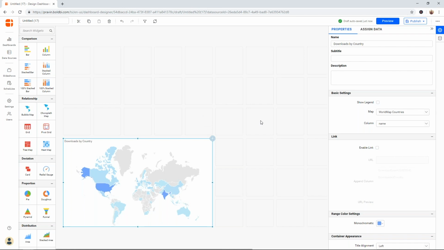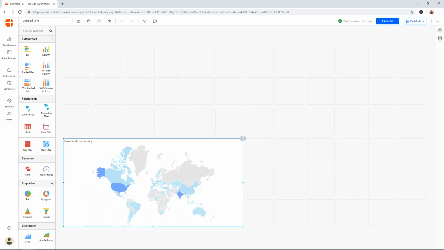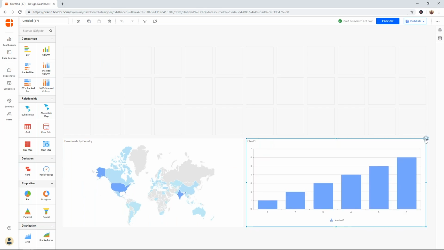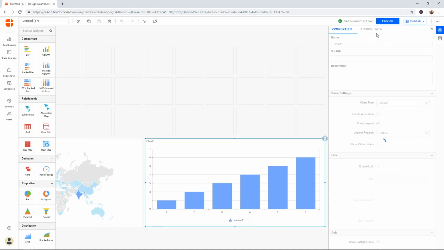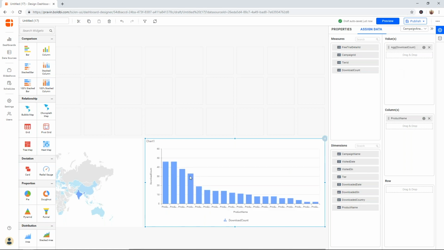So now that we have added this widget, I can add another widget to show the products that are downloaded the most. To do that, I can add a comparison chart. I'm going to use the column chart over here and just resize it. Okay, so now let us go ahead and start assigning the data for this. What I'm going to do is add the product name to the column and the download count to the value field. So you can see that the chart is plotted,